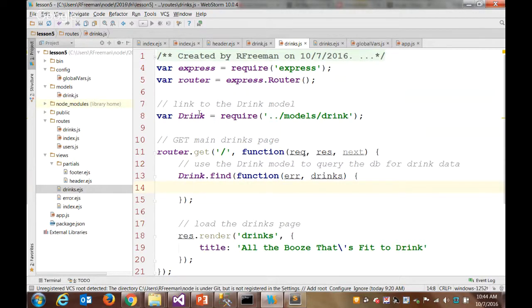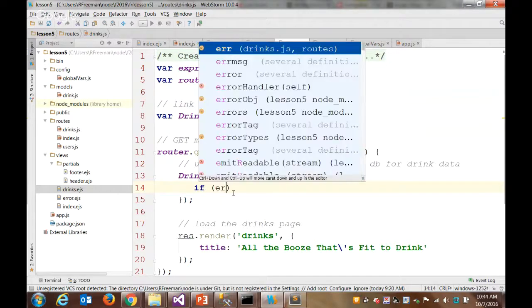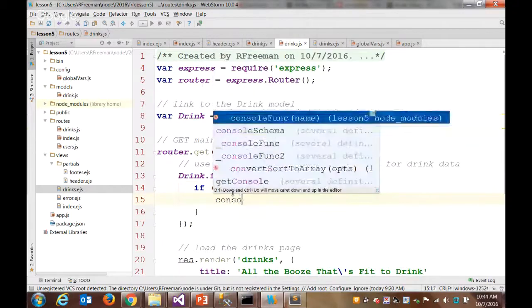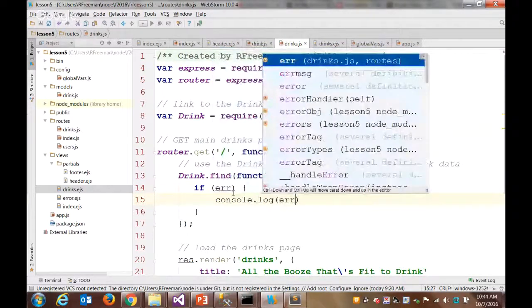I have to just think whether we need to require Mongoose here as well. We might. Well, we'll try it. No, we're not going to need to make a reference to Mongoose. I'm hoping we don't have to, because we're referencing drink, and drink inherits from the Mongoose schema. So if we get an error, we'll log it to the console,